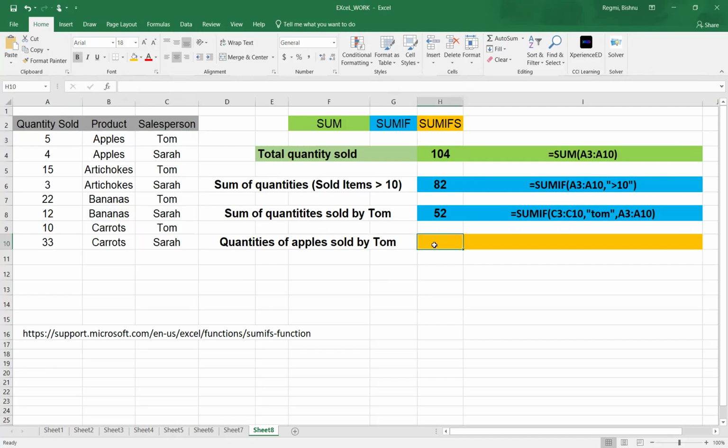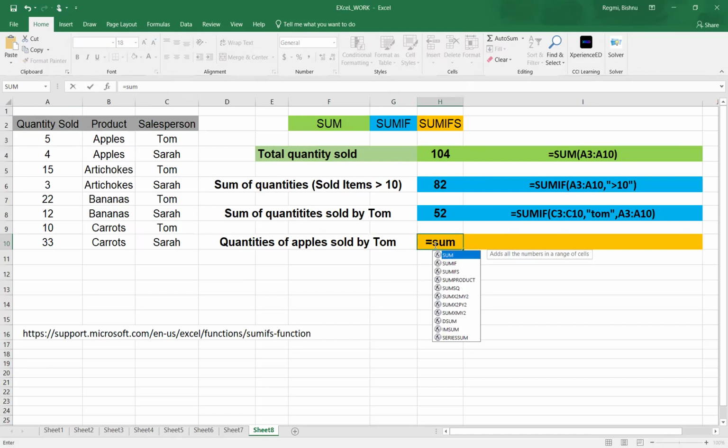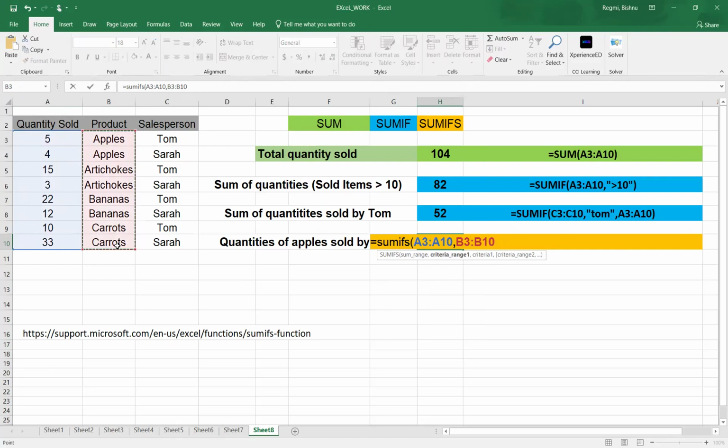In that case, we use the SUMIFS function, and then it says sum range. We need to put that first, sum range, and then a criteria range. We put the product range,